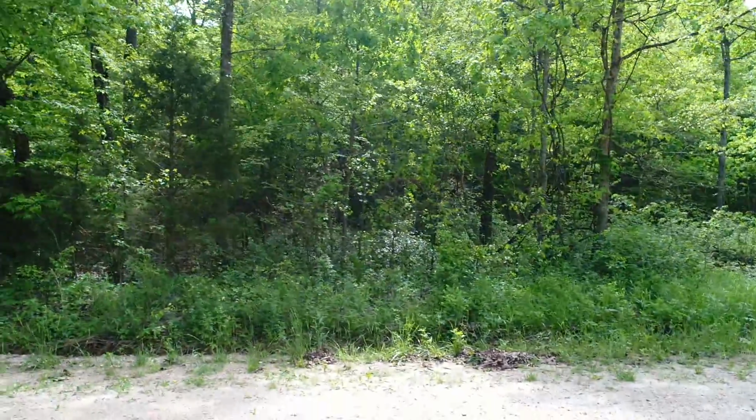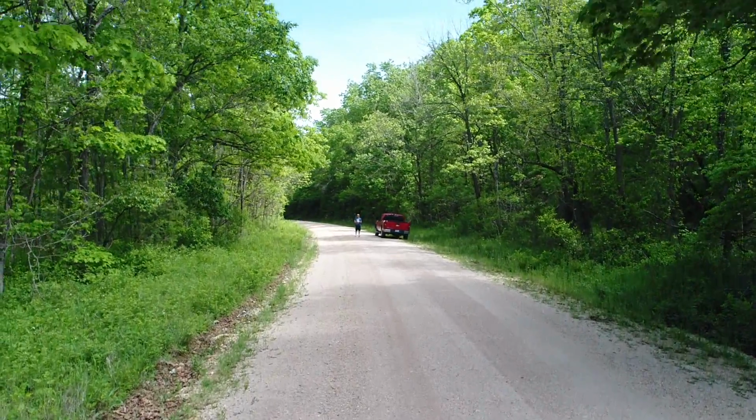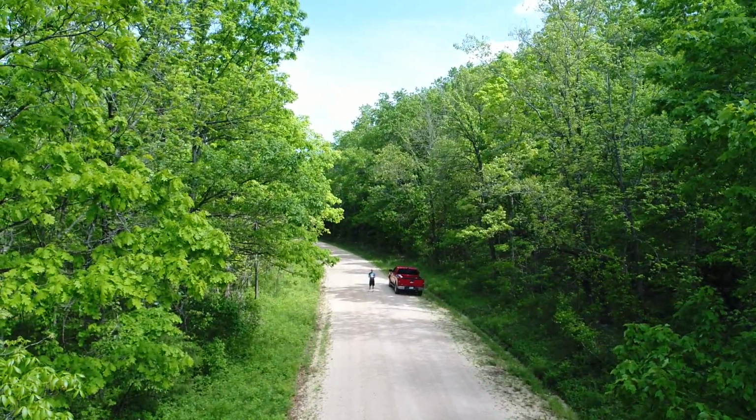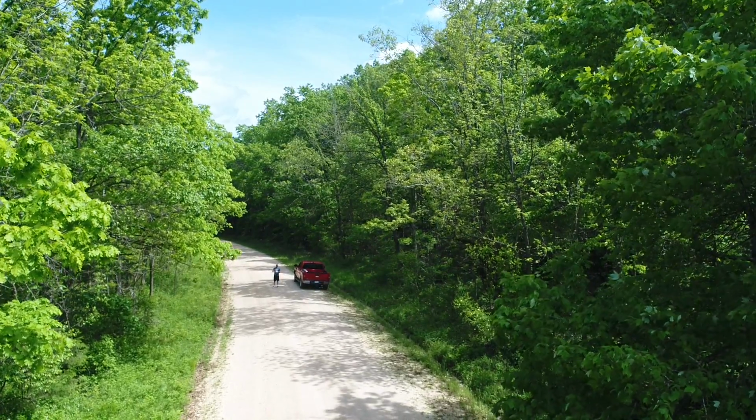County maintained gravel road. It's a good road. Property's on the right. I'm not sure what I was doing with the drone there. I think I was just trying to get a look at it. You can see a lot of walnut trees on the right on this property, and we're just about out of time. But Tract 11, Wild Turkey Hollow,